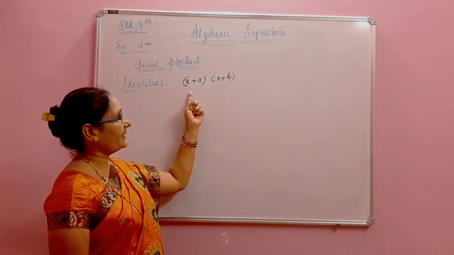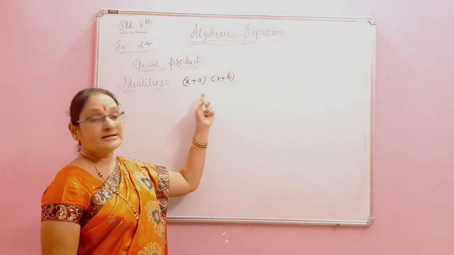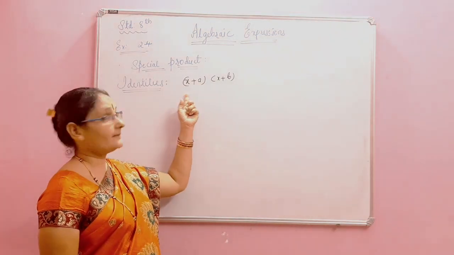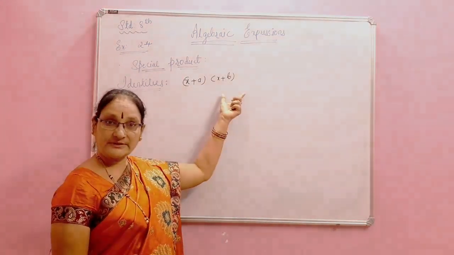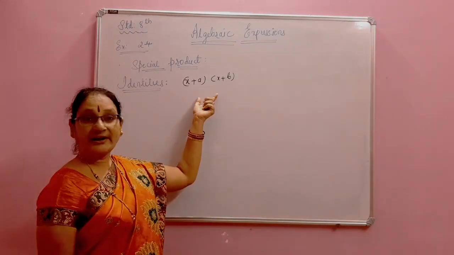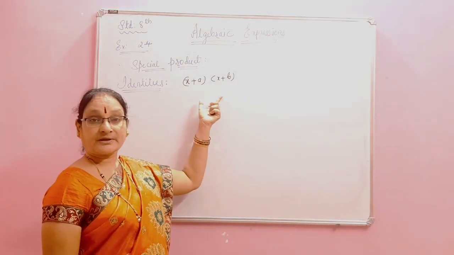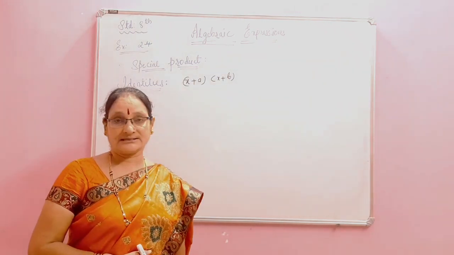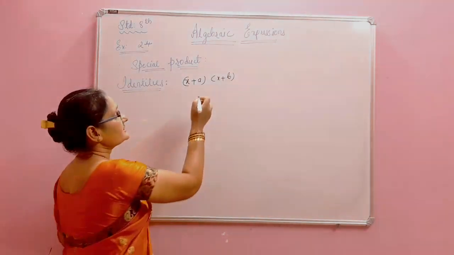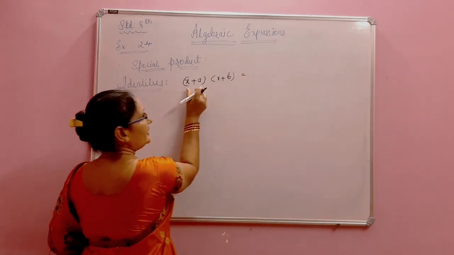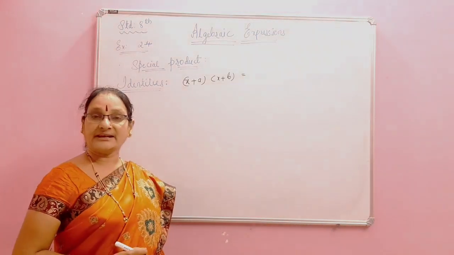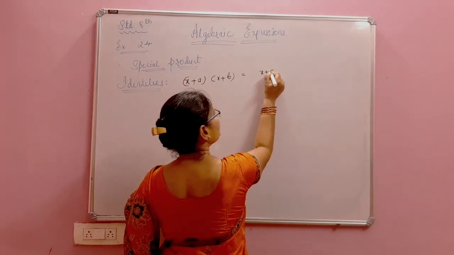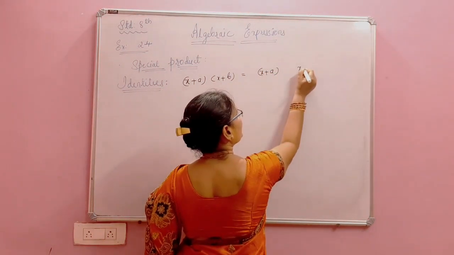Now see here, the first identity we learn is (x + a)(x + b). This is binomial by binomial. Here there are two terms in x + a, this is one binomial, and x + b is another binomial. Now we find the product of these two by the binomial by binomial method we followed in the last exercise. See here what we have done there. Any one of these two brackets we will write two times. First we will write this (x + a), (x + a).